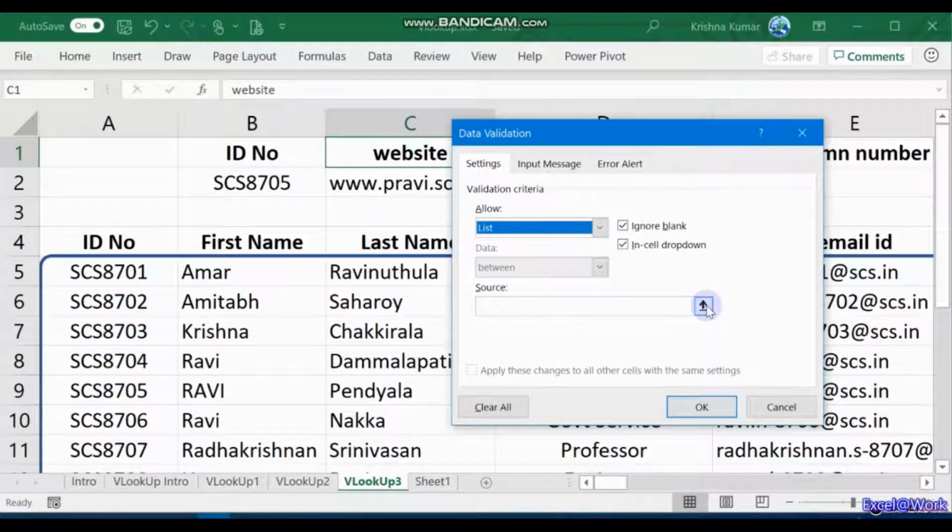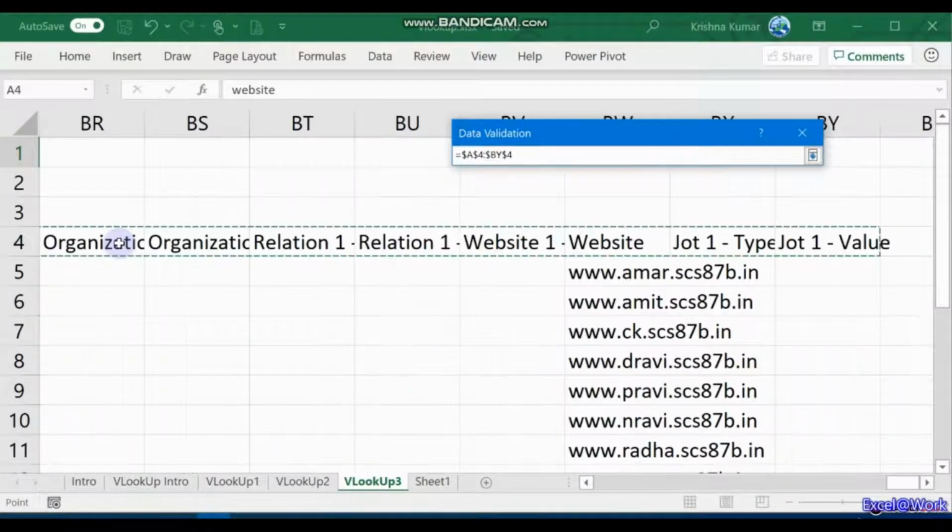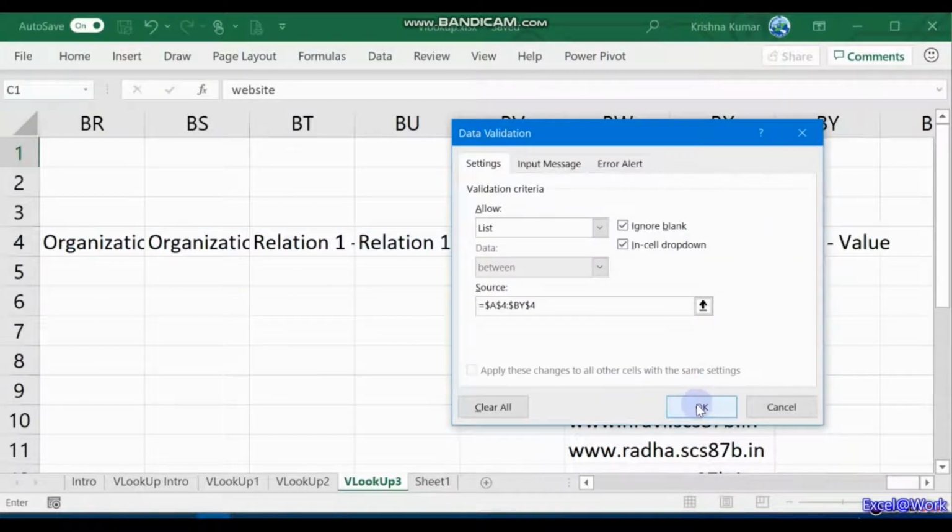The source can be the header values here, from ID number to the last one, up to BY4, and then the important thing is the in-cell drop-down. I'll just show you what it is.